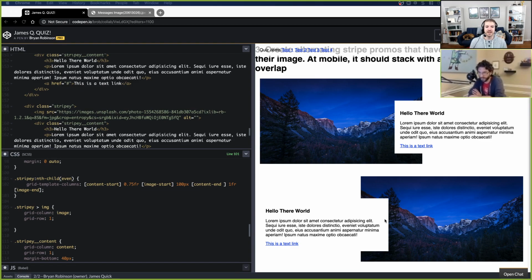So nth child means it's any element that has a stripey class that is a child of any element, and in the definition that you made, an even child of anything. So maybe this is just a naming thing, but there's no element inside of the body that's not a child of something, right?